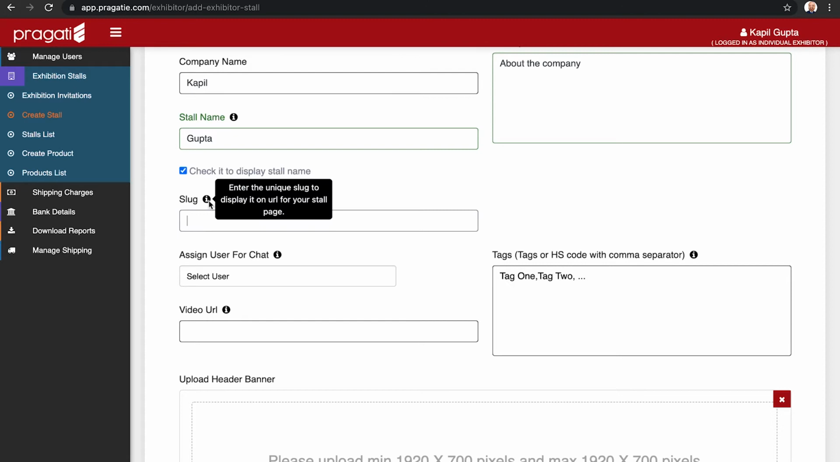Now this is an important part. This is a slug. So this will be the unique URL that you will be able to share with other people who want to visit your stall directly. So I will write Kapil Gupta 123. So this will be my unique URL. So any event that is happening on Pragati, you can have this slug to get a unique URL for your